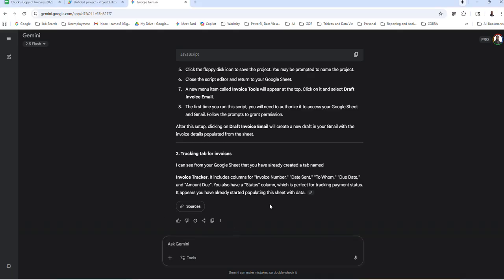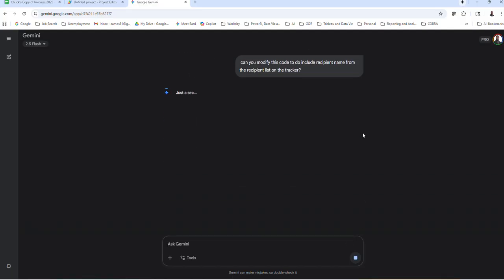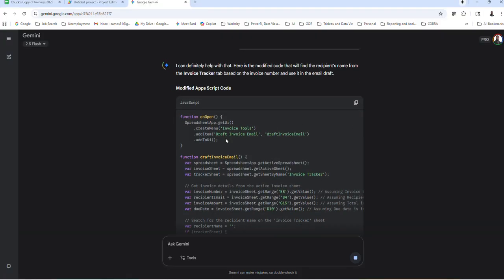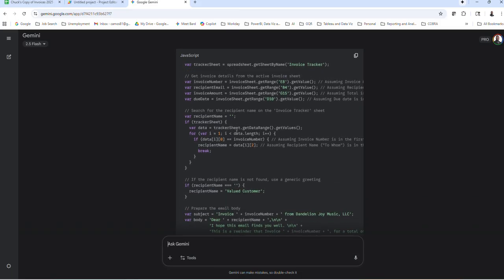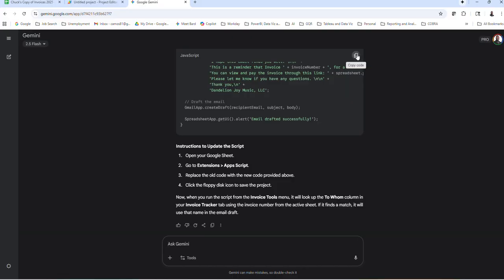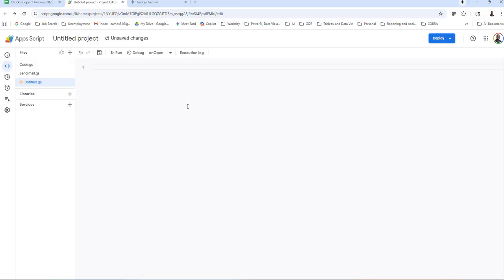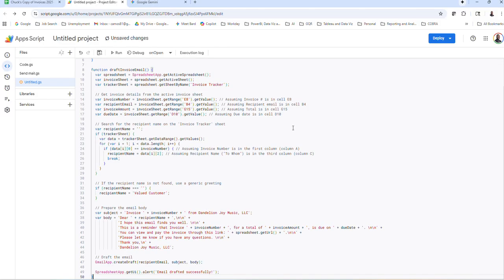So for example, let's say I want to modify the code to include the recipient name, and I'm going to do that again. So I want to include recipient name from the recipient list on the tracker, right? So I will ask it that question. It's going to think about it a little bit more, and then it's just going to produce some new code for you, which you can copy from there. And let's just say we went back here. You'll notice this code is a little bit longer. I'm going to delete that again and come back here, paste